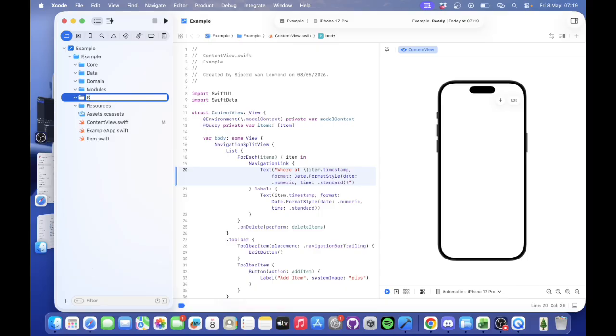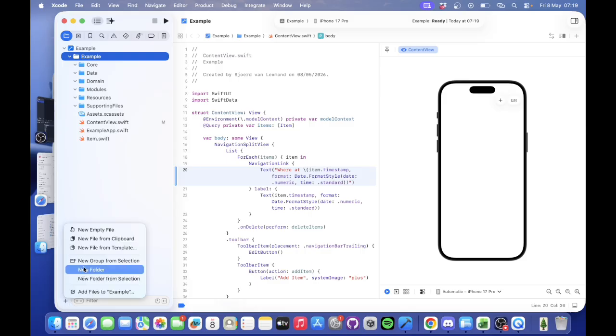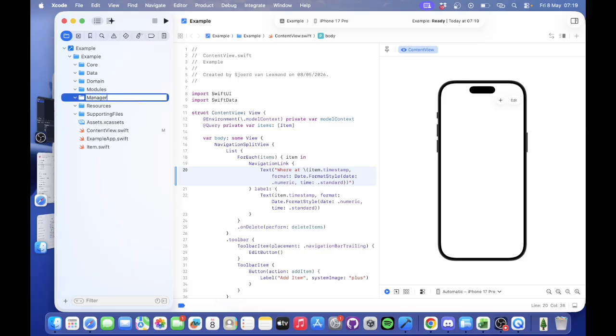Named supporting files, preferably with no spaces in between, and one last folder with managers. Then we can build our app from here. We can make more folders if we want to. So in core, for example, we can add more folders